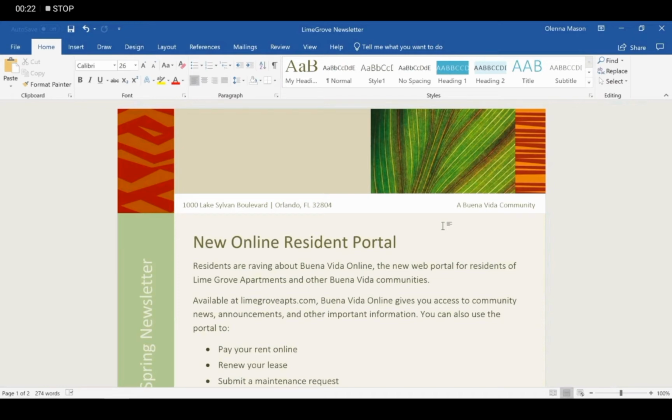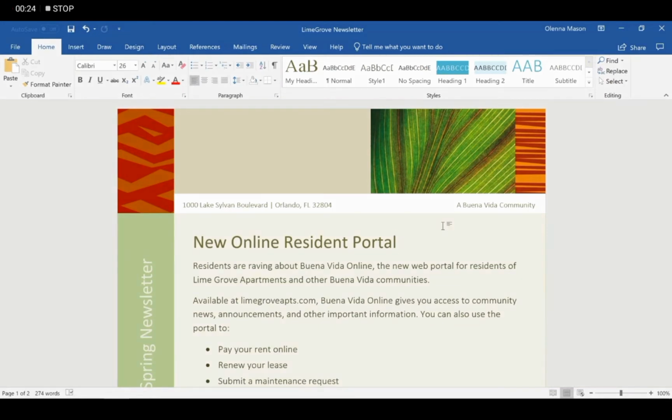So as you know we are discussing MS Word. In the previous part we discussed how to insert a header and footer in a document. Today I will tell you how you can insert an image in a document and how you can do simple editing in your image. So without wasting any time, let's start.